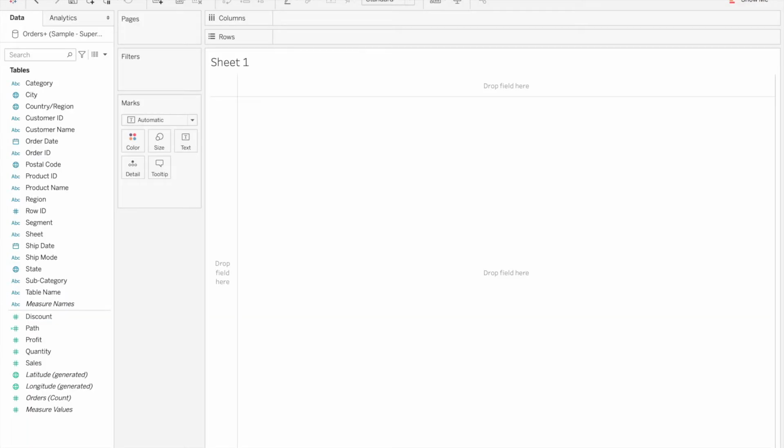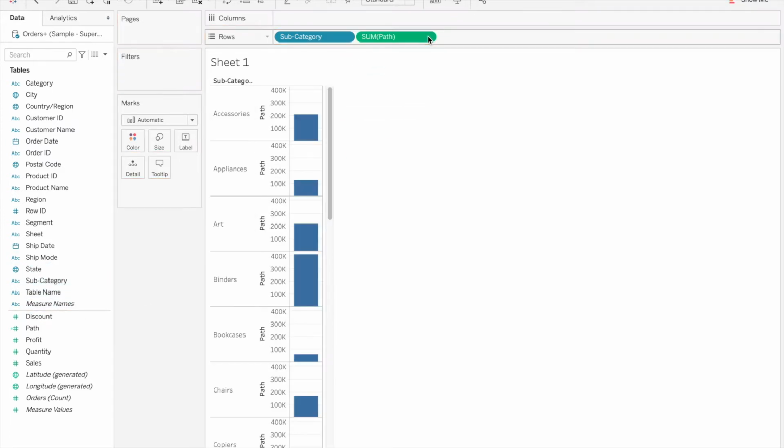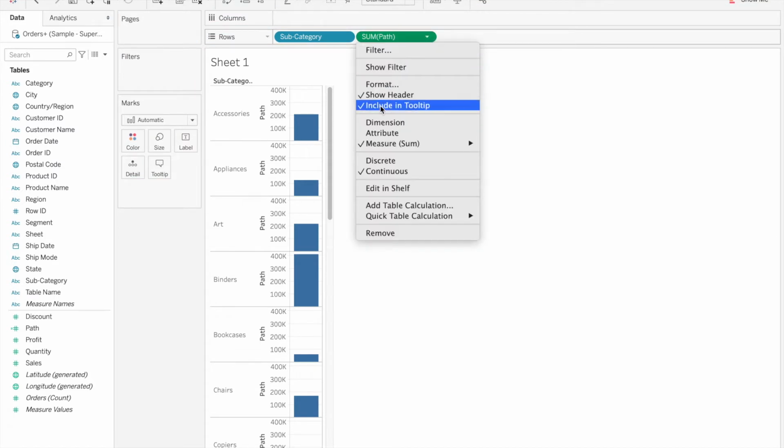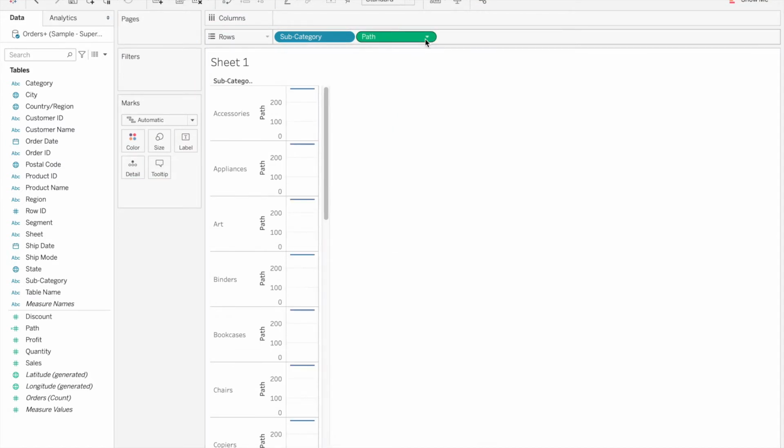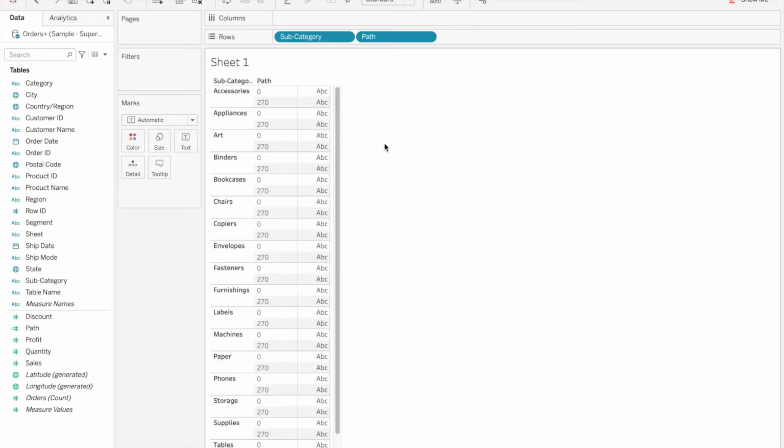Let's just go to sheet 1 and there let me add subcategory to rows, path to rows as well. Let's change it to dimension and discrete. Here if you see, for each subcategory now we have a starting point as well as end point.